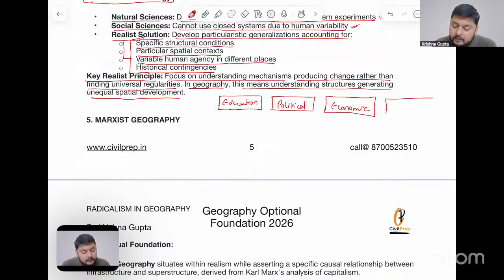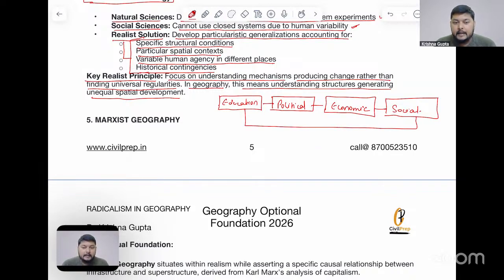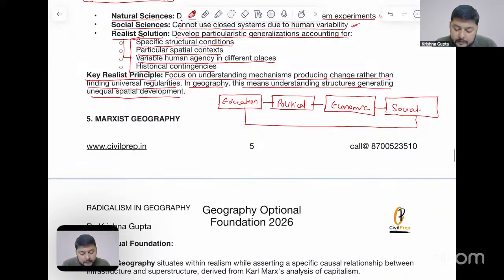Then after the economic, we can also go for the social structure. Why is it like that? Certain people get more respect in society and certain people do not. Why are certain people classified on the basis of caste and certain people are not? Why can certain people go to certain regions easily and get access to certain people easily, but certain people cannot? So these structures are important and they are interconnected, and this gives us the reality where we are living right now.